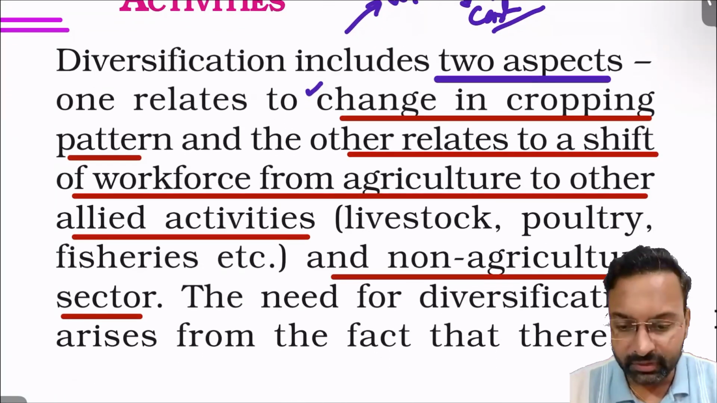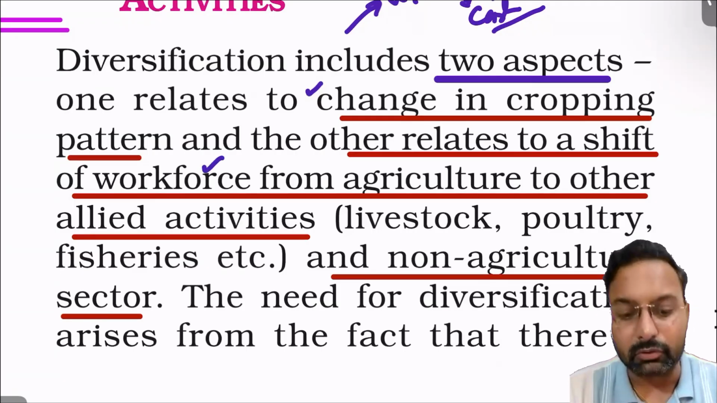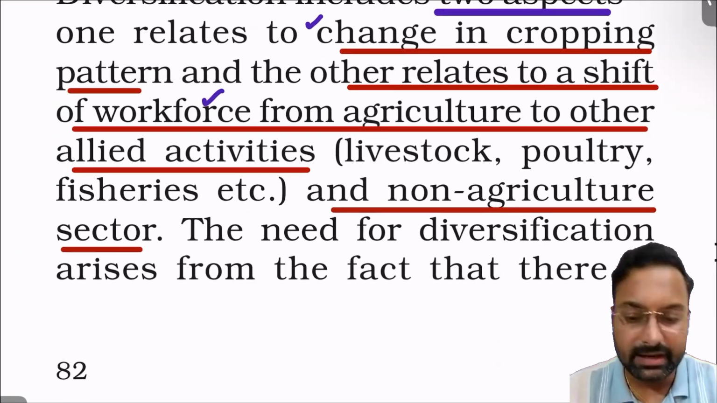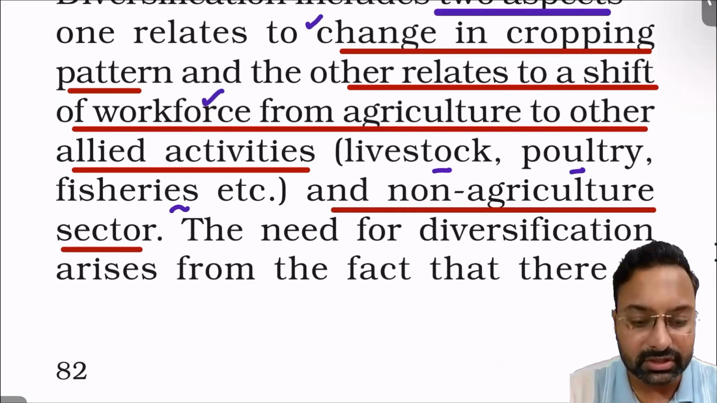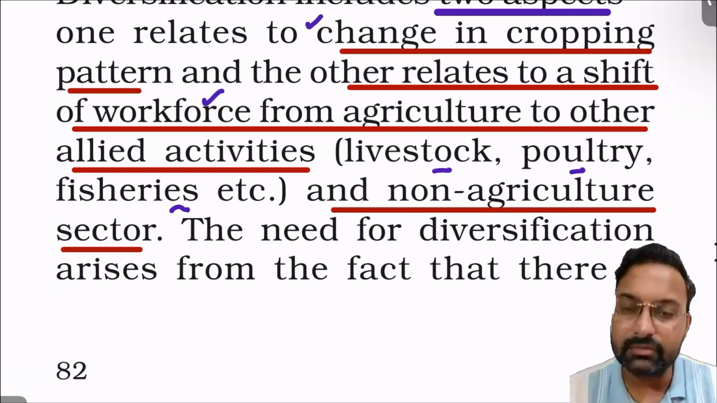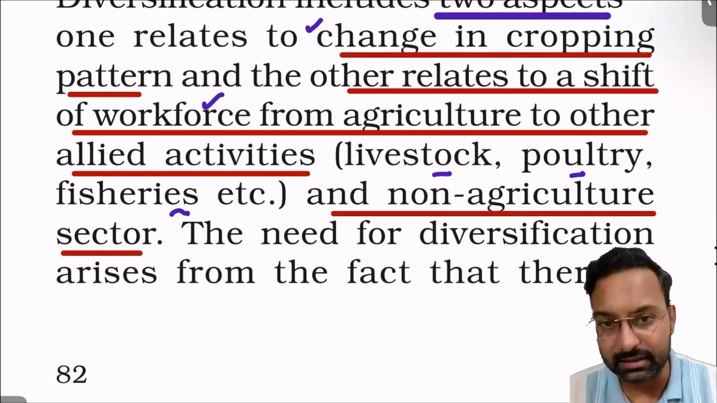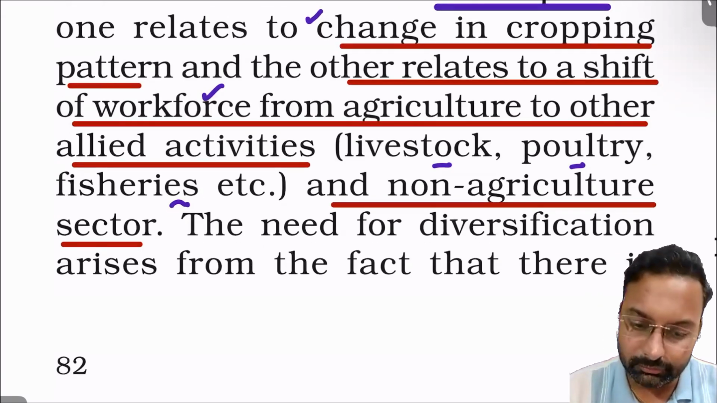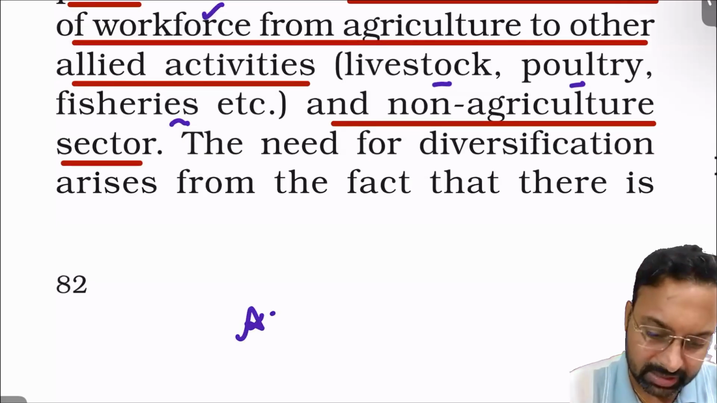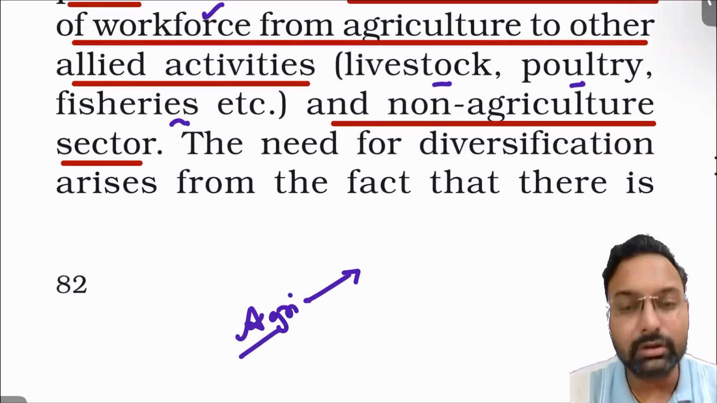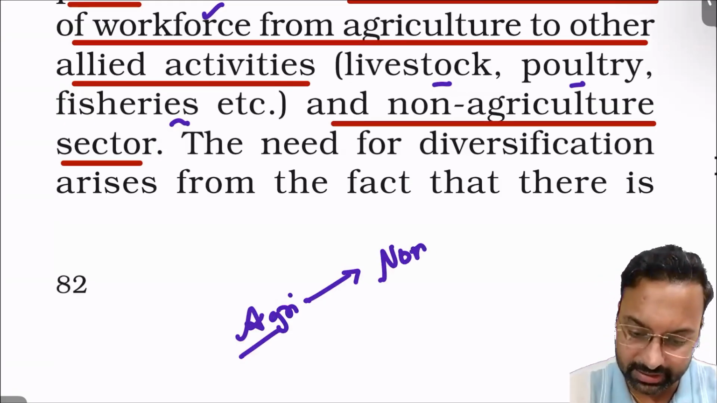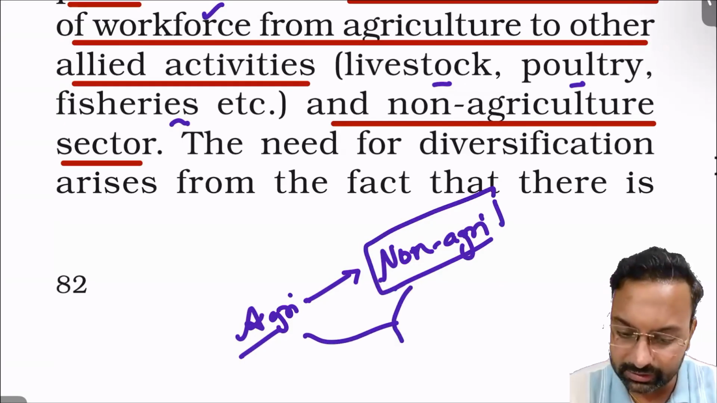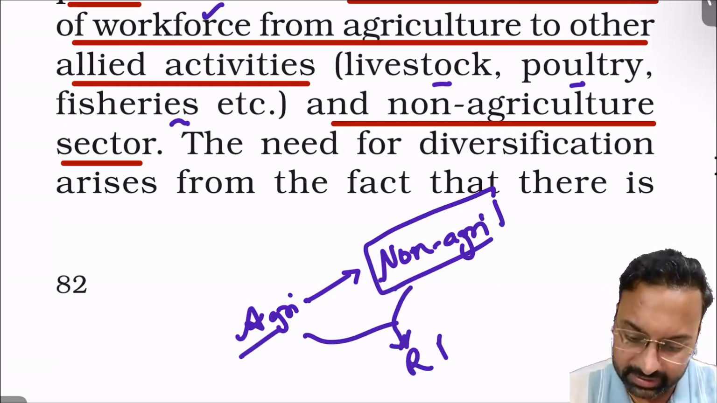This is related to cropping, and the other is a shift of workforce from agriculture to other activities, the allied activities. It may be livestock, poultry, or fisheries. They may go for the cultivation of bees, or fish, which is called pisciculture. All these things can be done. So the bottom line is that from agriculture, the farmer has to also start some non-agricultural activities. And whatever income he gets from agriculture as well as non-agricultural activities, only then can rural development be possible,